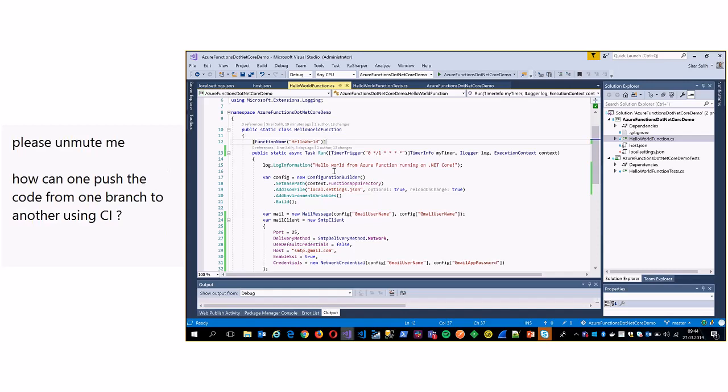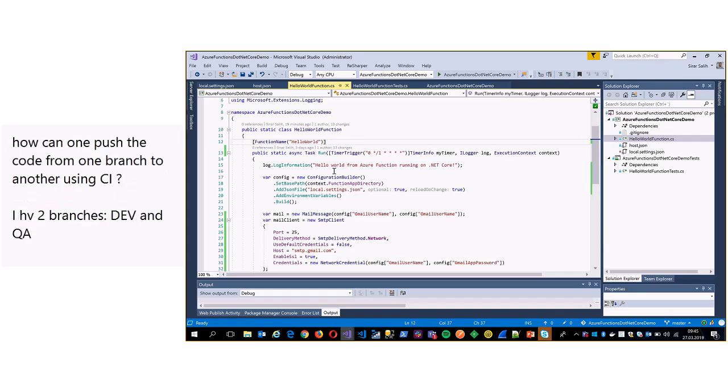You'll just have one continuous integration pipeline per solution, right? This is how you will do it. So it's very easy. If you want more functions, you'll just extend your solution with multiple functions, and everything will just work by itself, because